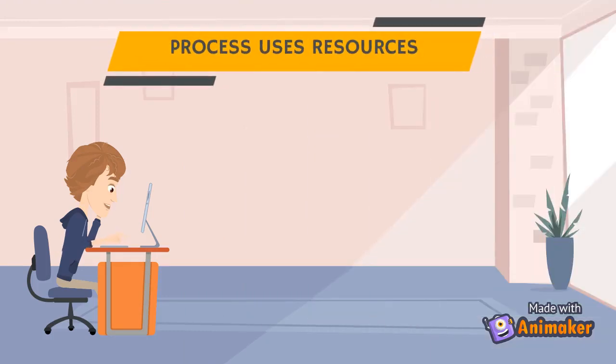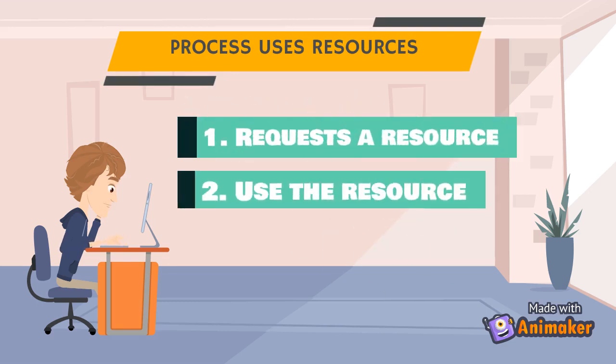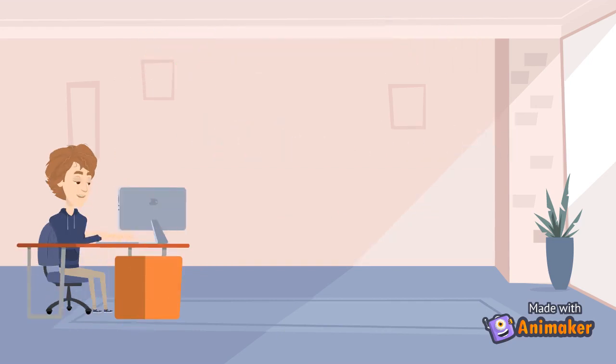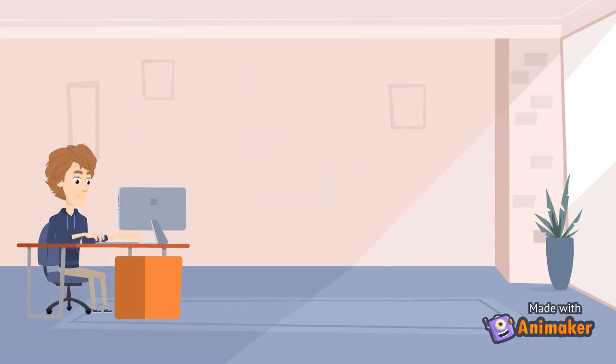1. Requests a resource. 2. Use the resource. 3. Releases the resource. However, there are situations where a set of processes are blocked because each process is holding a resource and waiting for another resource acquired by some other process. If a process is unable to change its state indefinitely due to this situation, then the system is said to